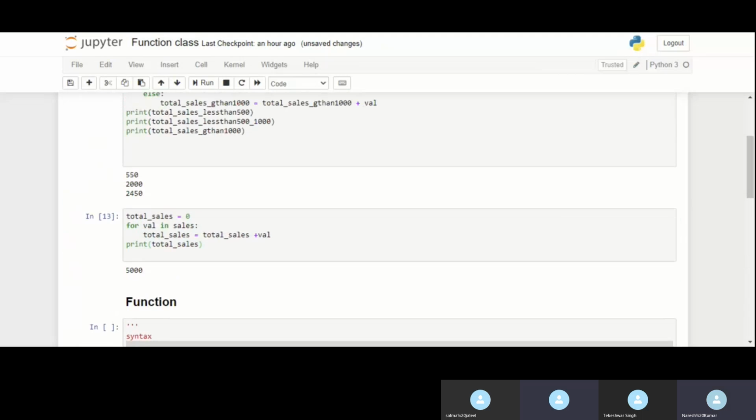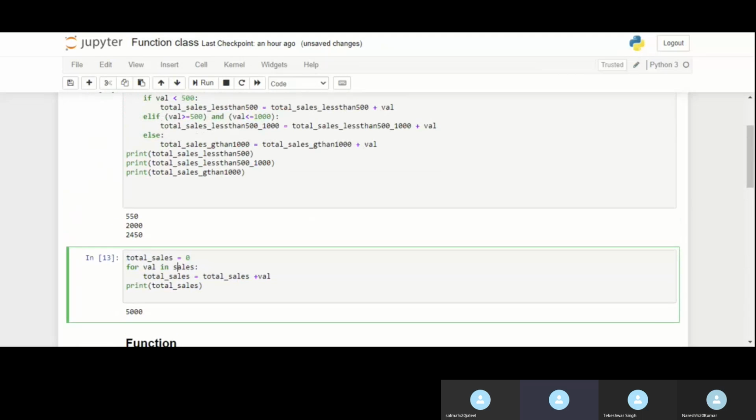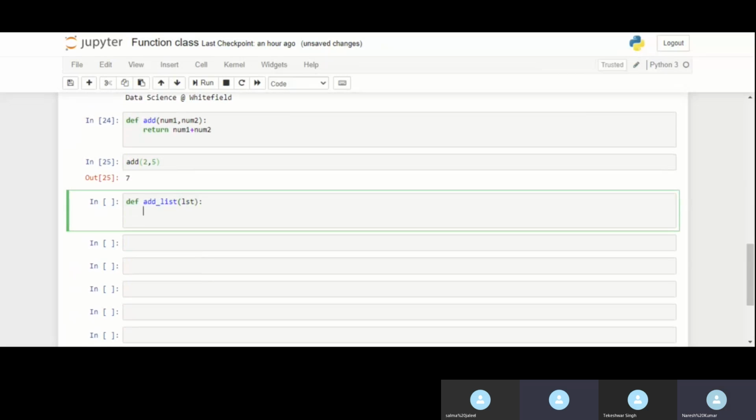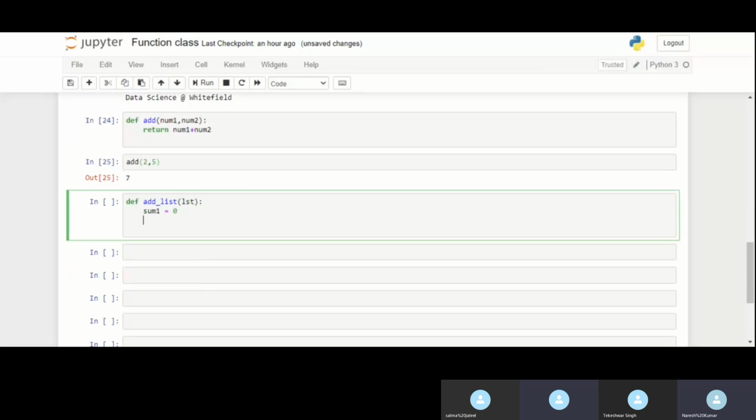We have to pass the list name, and then we have to take a new variable and define it as 0. And then we have to iterate it through the loop.